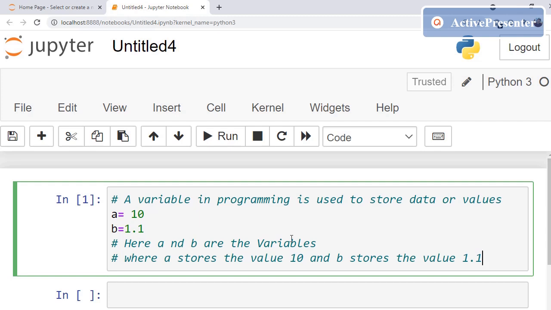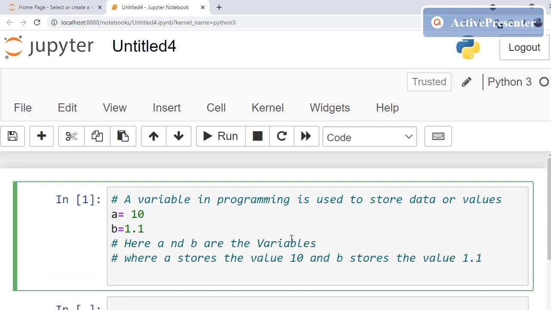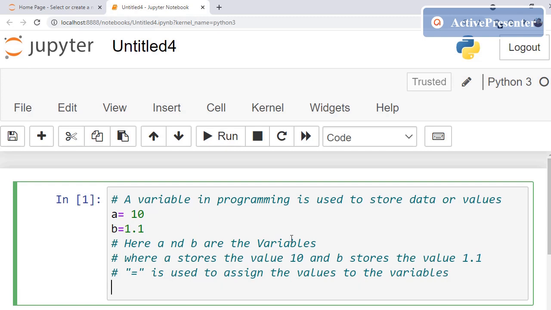Simple. And this equal symbol is used to assign the values to the variables. Simple thing, that is what we are doing.